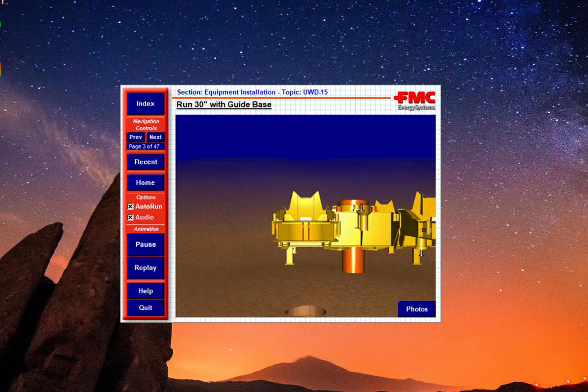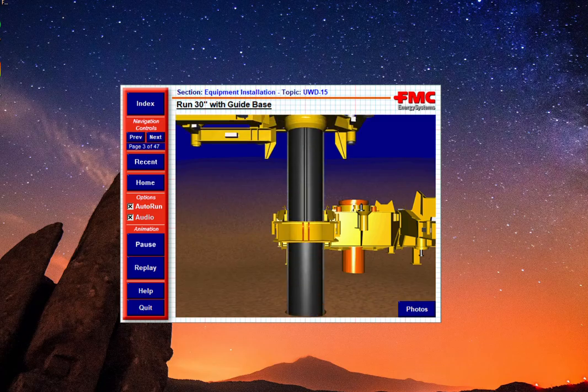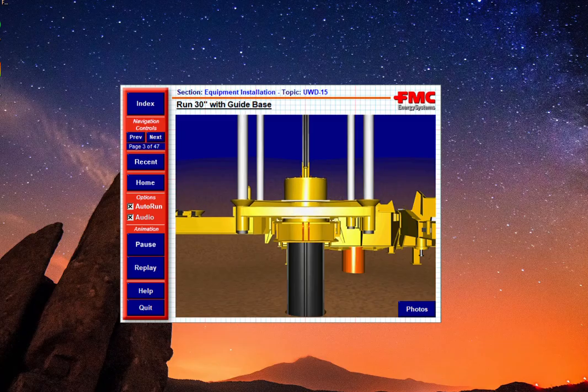Upon completion of the 36-inch hole, the permanent guide base, or PGB, and 30-inch wellhead